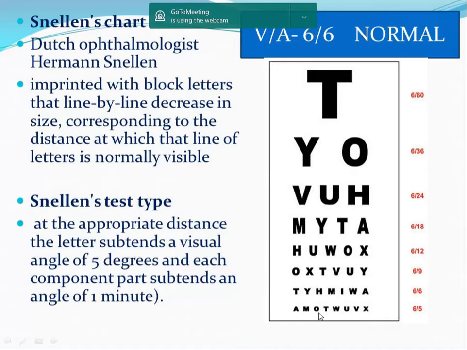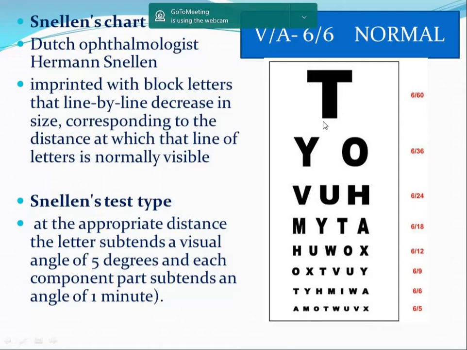So if a person is sitting at 6 meters and he is able to read only the T, that is the top letter, it means his vision is reduced by so much. A normal person could see that at a distance of 60 meters, and this person is able to see it only from 6 meters. That means his vision has dropped down to such a level. So that is how you quantify. Did you understand? This is the basis of Snellen's chart, and each of these letters you see is termed a Snellen's test type.